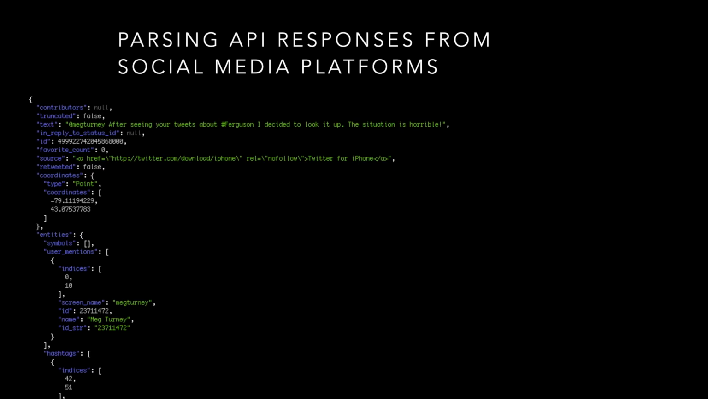Before we get too deep into the mechanisms for doing collection, I want to say a few things about the kinds of data that you will expect to get back and how we can understand what responses are going to be. So first, we'll talk about parsing API responses. This might be a typical API response from Twitter,